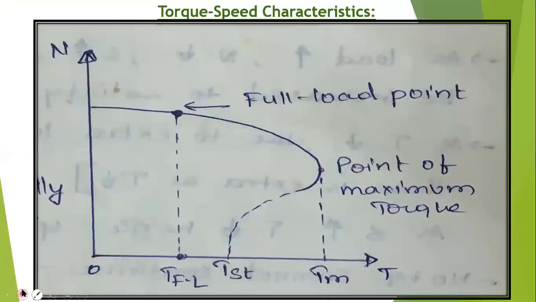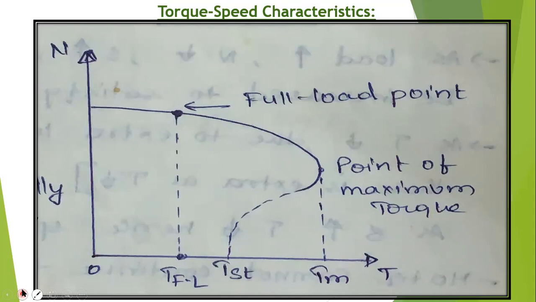And the next and last characteristics is the torque speed characteristics. If you see that at n is equal to ns, what happens? If the rotor speed n equals the synchronous speed ns, the motor stops producing torque, right? If n is equal to 0, then slip will be maximum. So when will the slip be maximum? At n is equal to 0, the motor produces torque. This torque is called starting torque. At the time of starting, n is equal to 0. So the torque produced at the time of starting is called the starting torque, right?